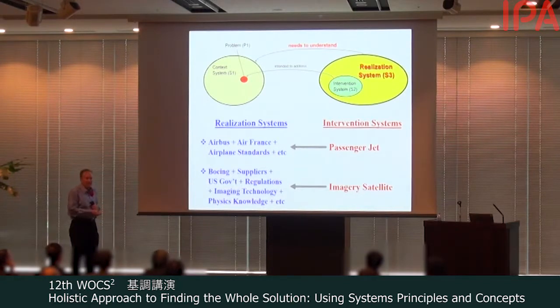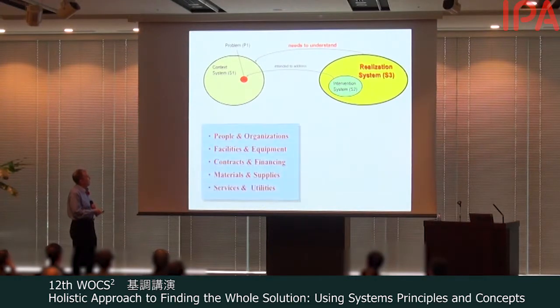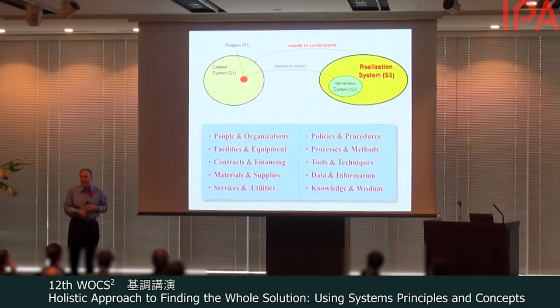They may also need the U.S. government to enable this system by providing funding. They provide the problem. They provide the context in which they're going to operate it. The regulations on what you can and cannot do with satellite. The technology, maybe a key component. The knowledge of physics, and so on. So sometimes the part of the realization system is more than just an organization, more than just a company. There's many kinds of elements that are part of your realization system.